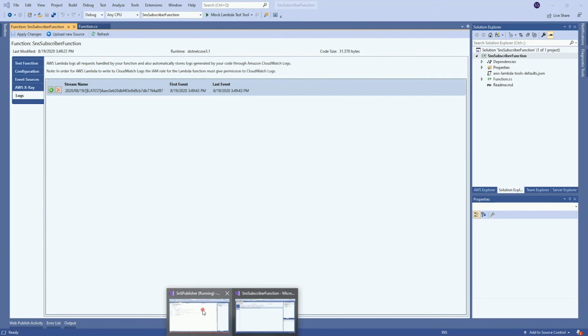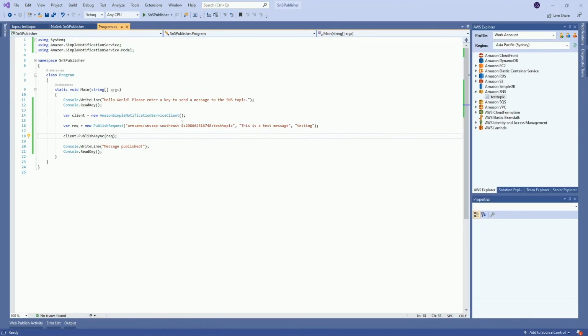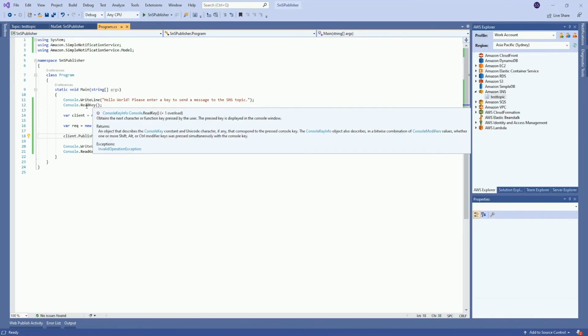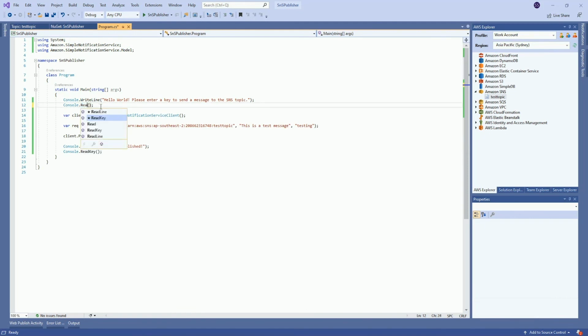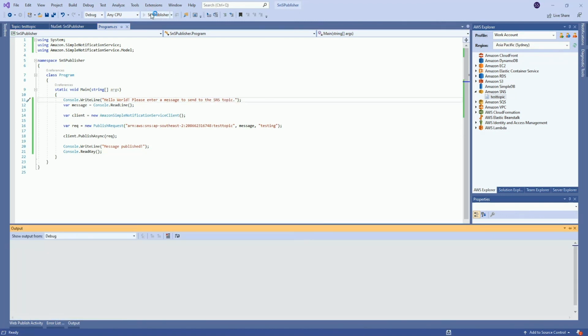So if I go back to my publisher application and change the code a little bit, let's change the read key to read line so I can receive a message from the console. And instead of the hard-coded message, I'm going to pass the message I received from the console. And also I have to change the initial message to a more meaningful message, enter a message to send to the SNS topic. Now if I execute this,